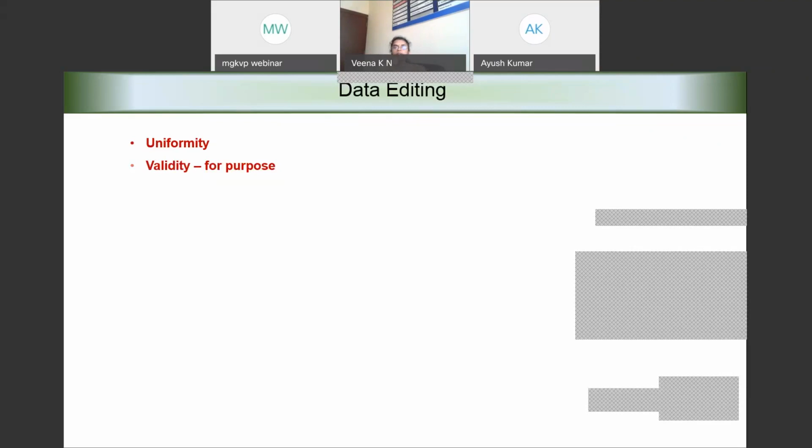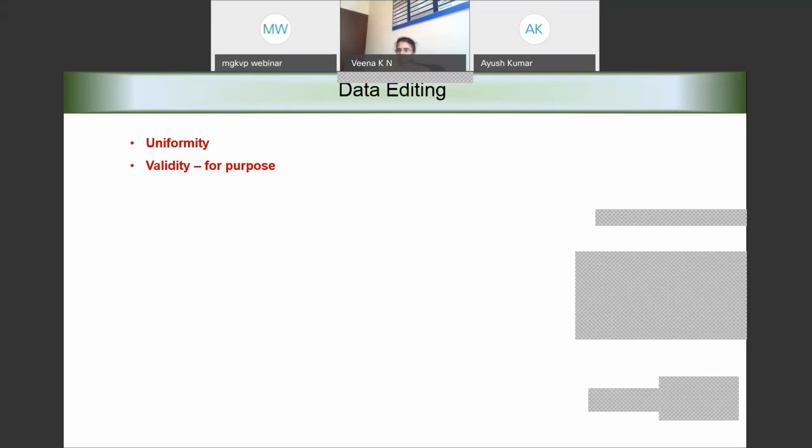The next important reason why we do data editing is for making sure that the data that we are dealing with is valid for the purpose of its collection and analysis. Sometimes we might have collected data which may not be really valid for the purpose for which we are going to use this information.